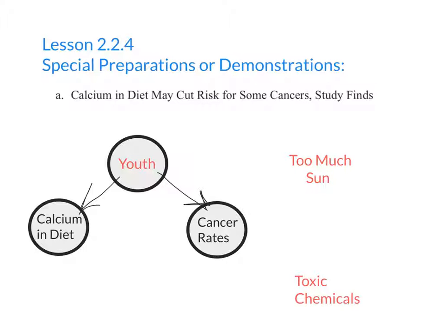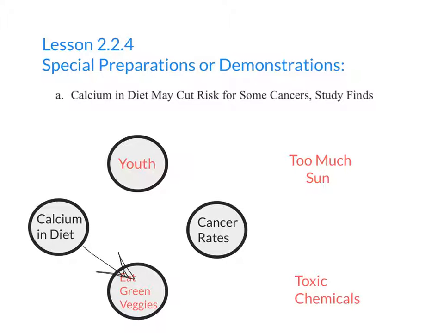Or maybe people that consciously eat calcium in their diet have a healthier diet overall that might include more things like green leafy vegetables. And perhaps it's the green leafy vegetables that are lowering the cancer rates, not necessarily the calcium. Because youth and eating green veggies are both tied to cancer rates and calcium in the diet, they are good